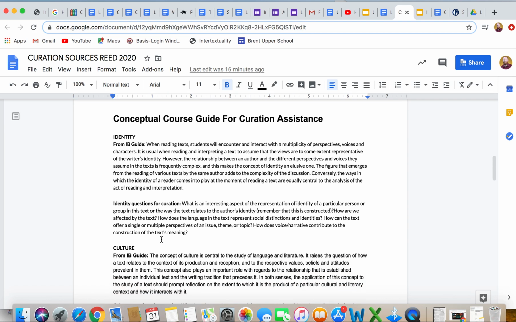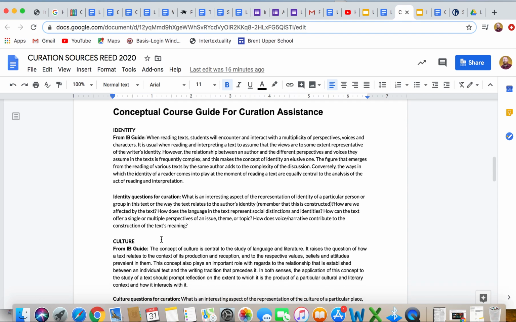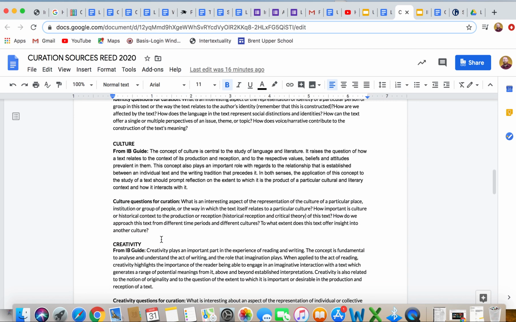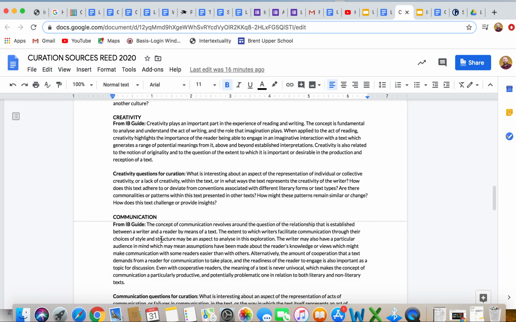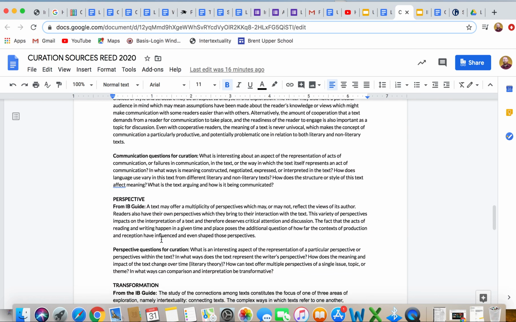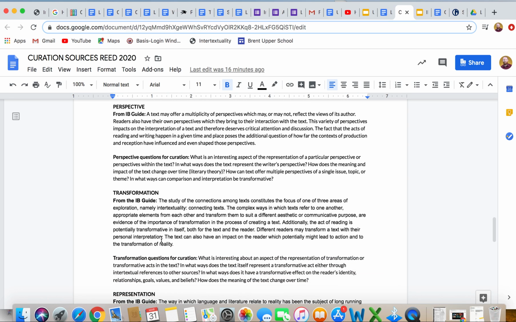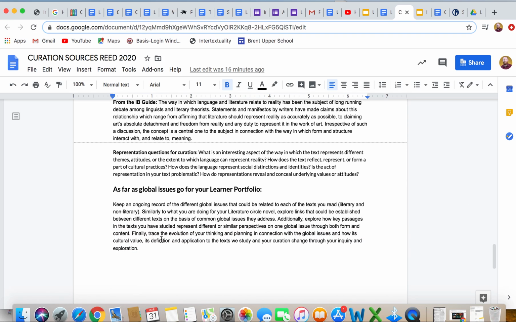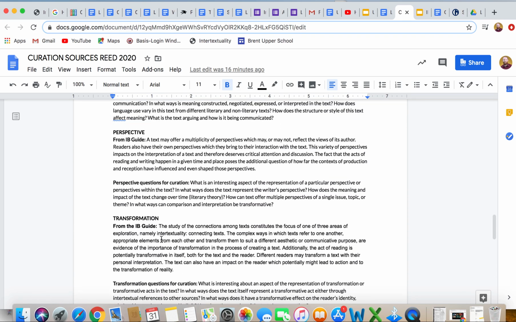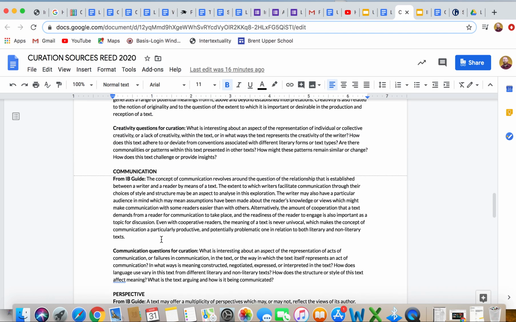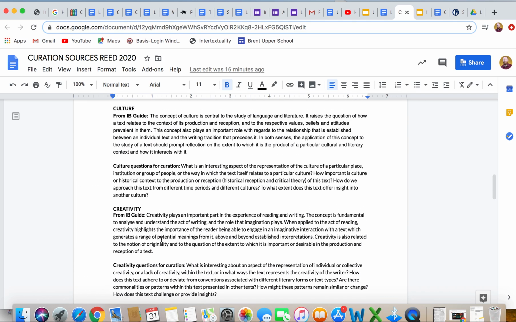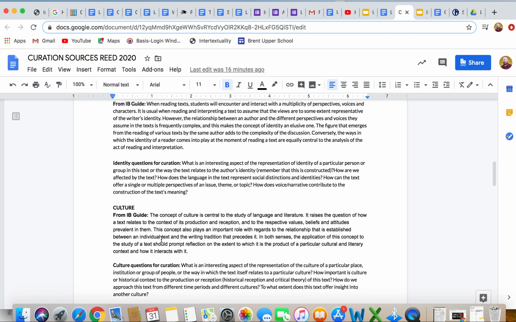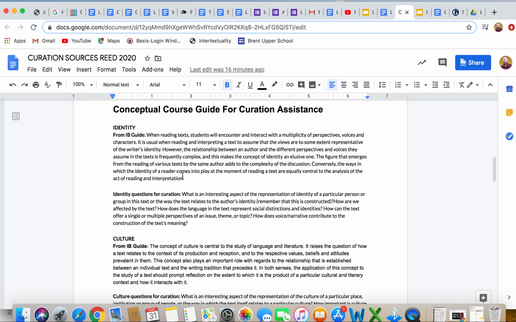Last thing, this is the conceptual course guide for curated assistance, something I put together. Look, I'm going to show you this. You're probably looking at this and going, oh my God, this is just so dense. It's so much information. And absolutely it is, right? Because this is two years' worth of information. So yes, it's a little dense. Please do not feel overwhelmed by this. This is here to help you. And the best way to go about doing this is when you decide, either if I assign you or kind of on your own, really,